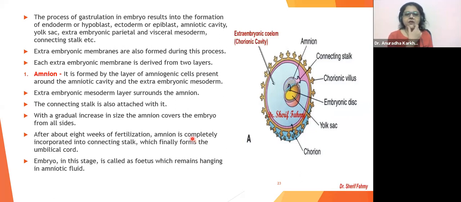This amnion is called as the umbilical cord. Yes, beta, you are right, my dear. The extension of this amnion is only going to be called as the umbilical cord eventually. Correct. Perfect. Okay. Shall we go ahead with something more?